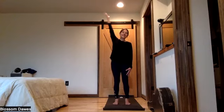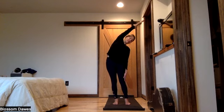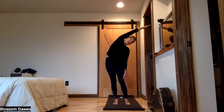Standing side bend. Hug your right arm and hand into your side. And slip your left arm up along your ear and come over. So you send your hips to the side to your own degree. Feel that connection along the whole side of your body. Steady downward gaze. 2,